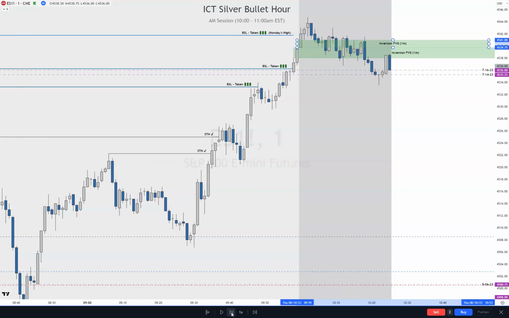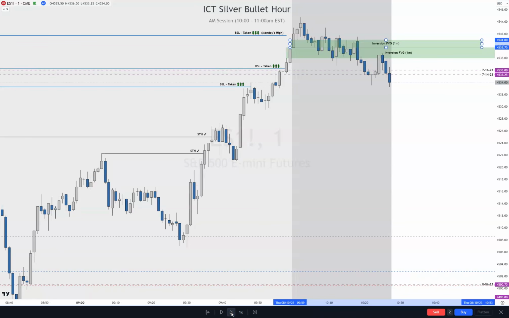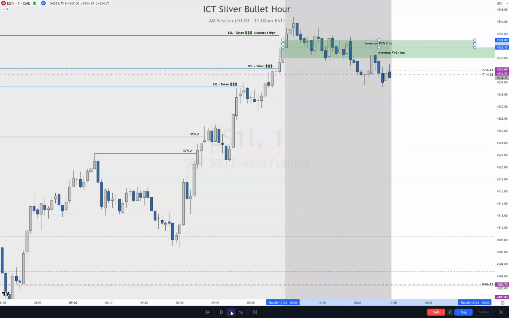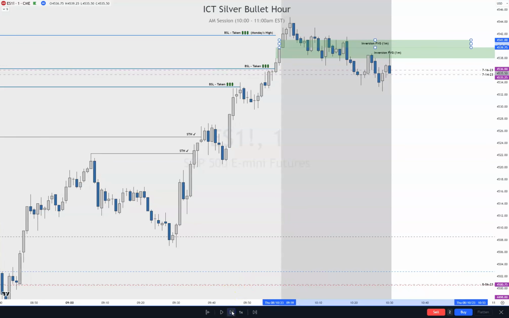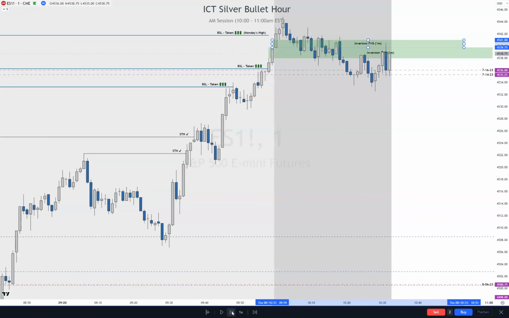Okay, so I'll see if it gets respected, and it does right there. It's good. I'm liking that. Yes, there's a little fair value gap right here. Hit that. I see that. Again, I'm still waiting for this to be taken. Just observing price action right now, to see if this stuff still respects it. It does. The inversion fair value gaps are holding.